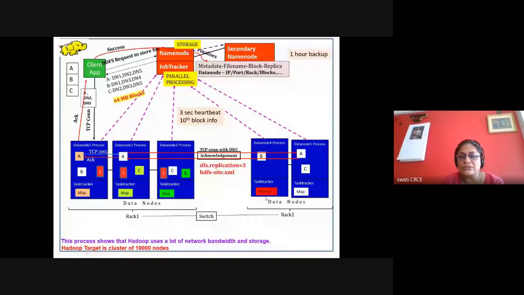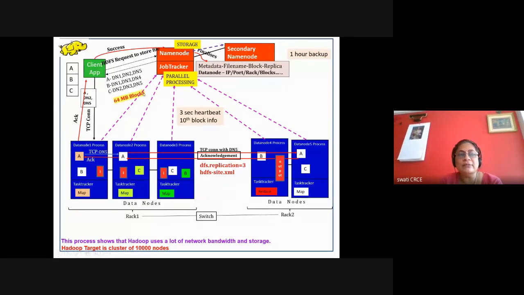You may have one reducer or multiple reducers. Some of the input will go to reducer 1, some of the input will go to reducer 2. I'll update the diagram for the next lecture with multiple reducers. For simplicity, I've kept only one reducer. The size of the output might be reduced, and this output reaches the reducer as input. The reducer will perform the reduce operation and generate the final output. The final output is a word count that is stored in the form of a file on data node 4.